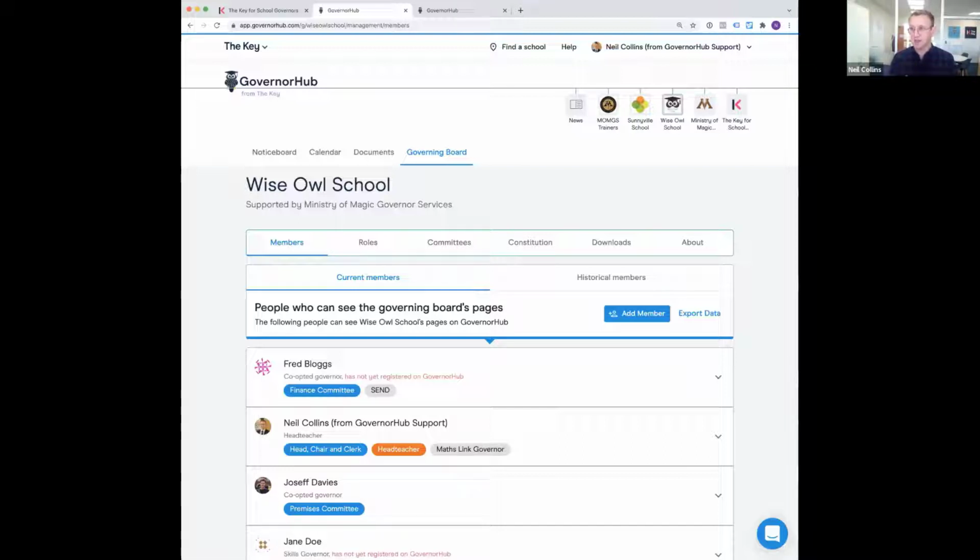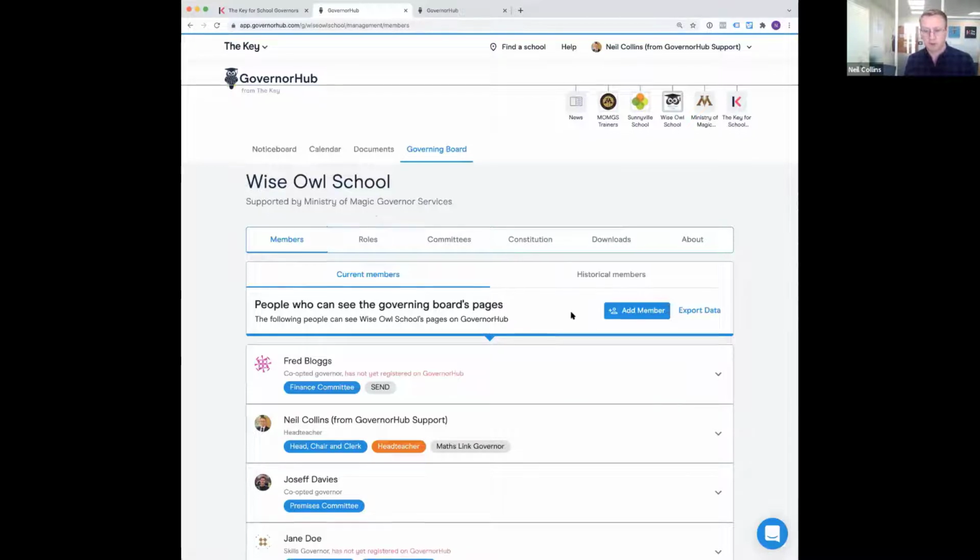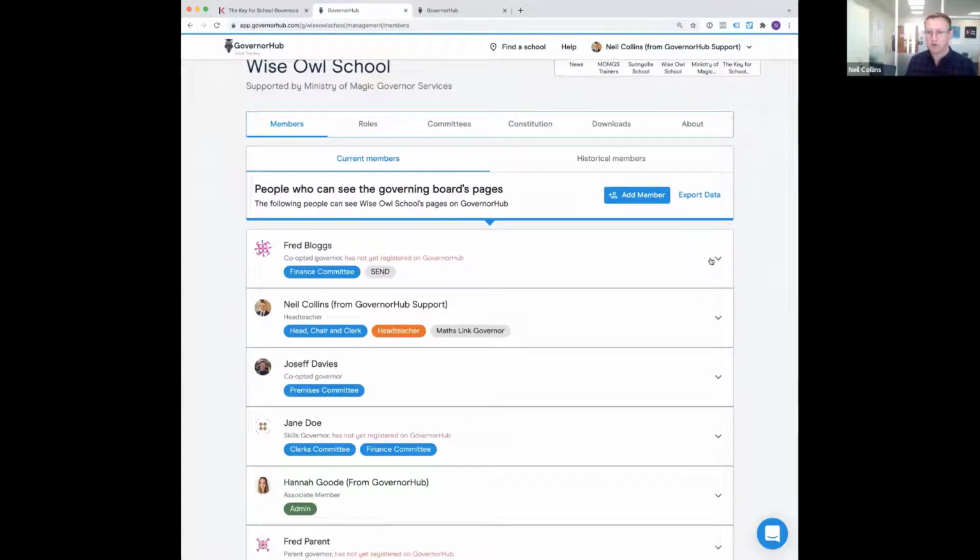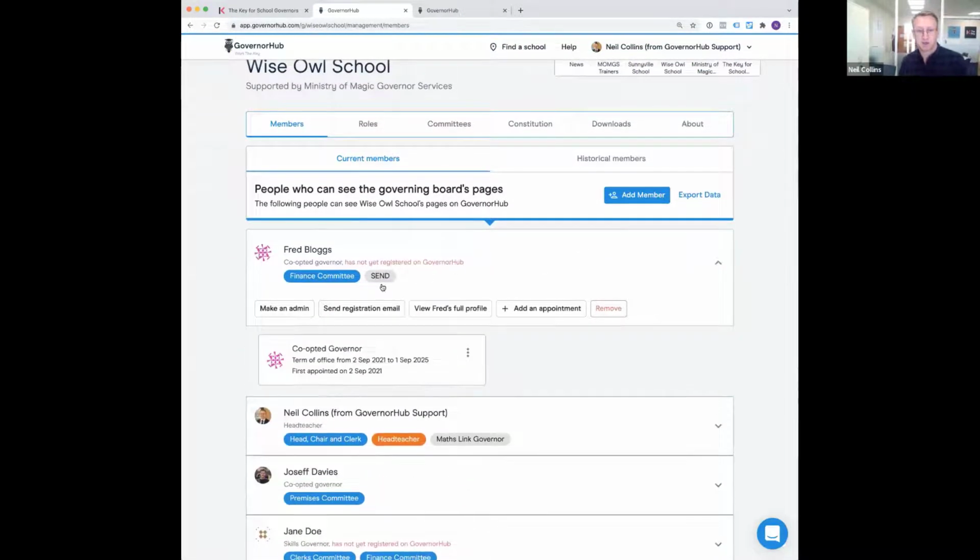So as well as accessing documents, as well as giving you a link into your meetings, you also do things like tracking membership. Here we've got Fred, as well as tracking things like what committees Fred's on, what role he has, also tracking things like his term of office.